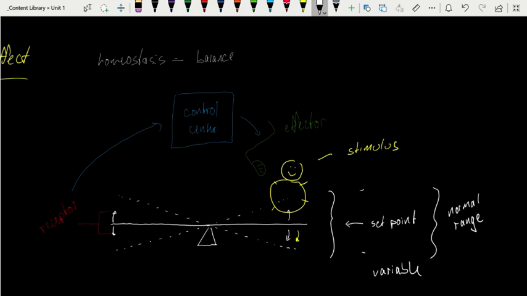The one thing that we failed to mention earlier is these pathways. The communicative pathway from receptor to the control center is called an afferent pathway. And from the control center to the effector, this pathway here is called an efferent pathway. With that fresh in our minds, let's go back to the toilet and see if we can apply this knowledge to how a toilet works.